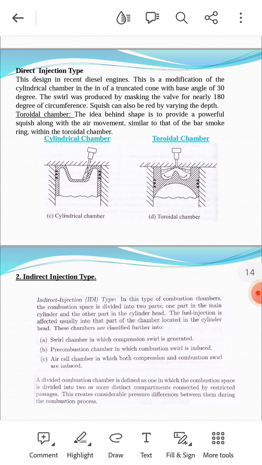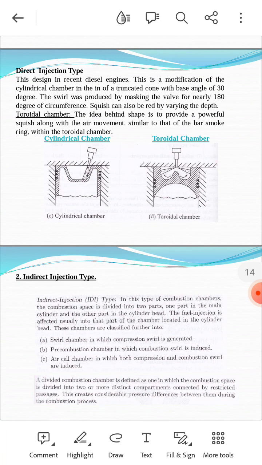Indirect injection type. In this type of combustion chamber, the combustion space is divided into two parts, one part in the main cylinder and the other part in the cylinder head. The fuel injection is effected usually into that part of the chamber located in the cylinder head. These chambers are classified further into